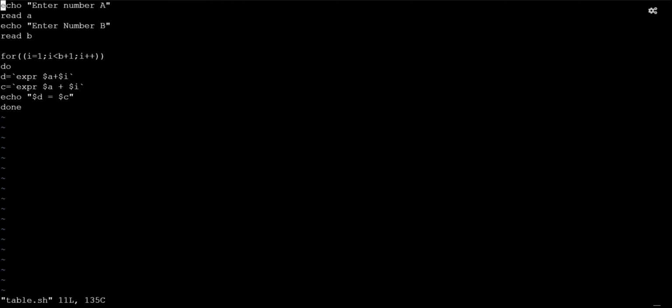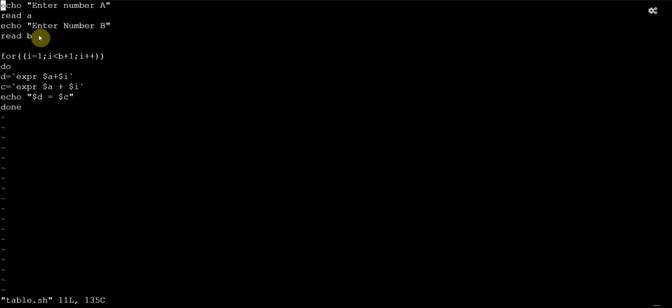So this is our code. We use the command echo for showing the user some lines, as we use printf in C and cout in C++. Here we use the echo command, and as we use scanf in C, we use read here. Read a. Here we need not mention integer or char, which data type. It directly takes everything. We just need the command read a.